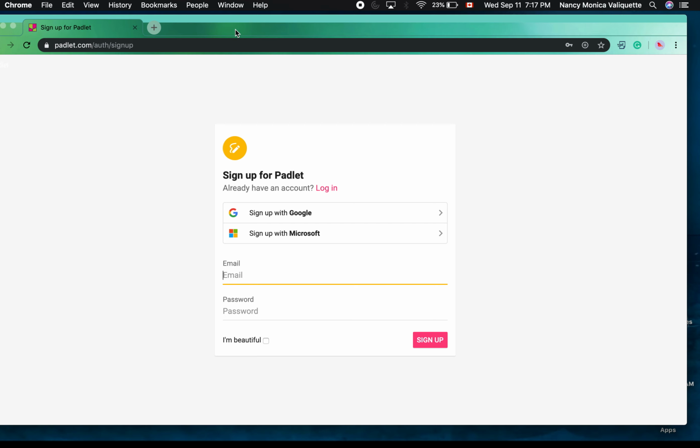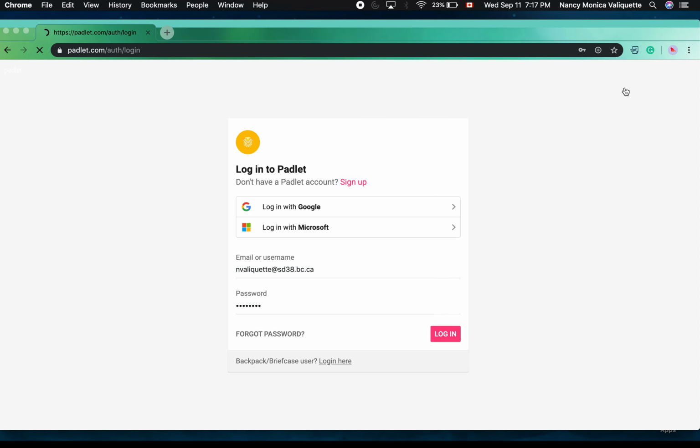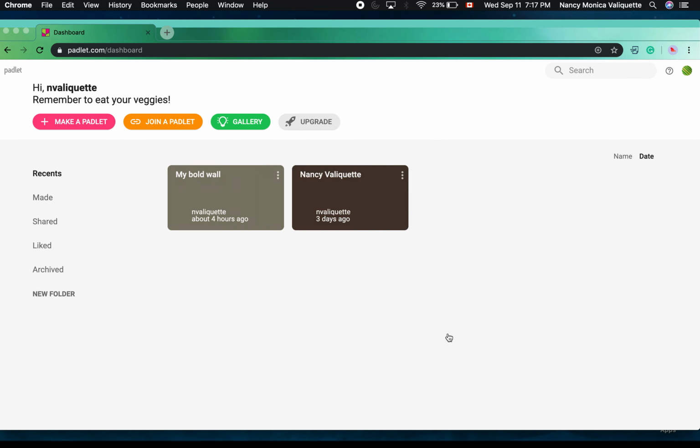I've already created a Padlet, so I'm going to just log in. I'm going to log in with this one. Okay, and what you're going to do is you're going to create a new Padlet. So if it's the first time, this will probably automatically happen for you. But you go to Make a Padlet,